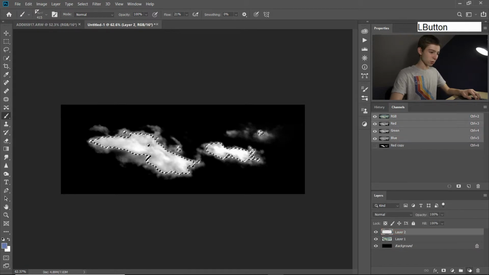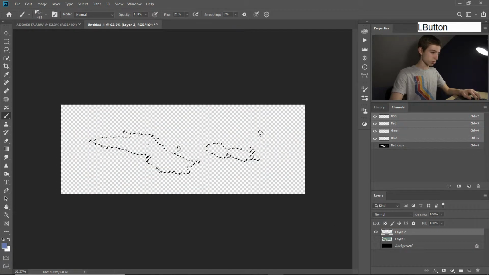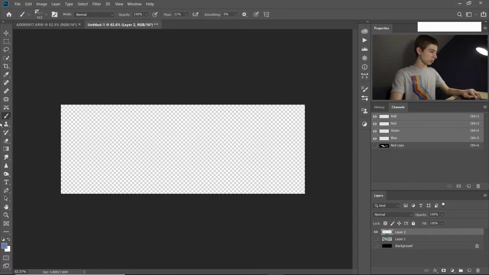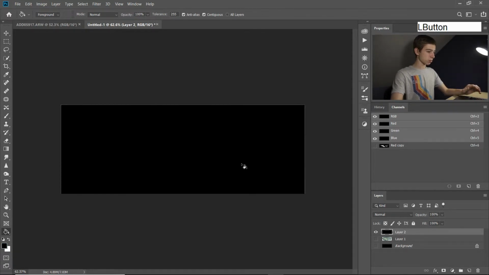And then we'll just open a new layer, hide these ones, and deselect by pushing Control D. That will make the selection go away. Then we will use the paint bucket tool, make sure that black is selected, and then just paint the layer black. Go back to our brush, which should have that,